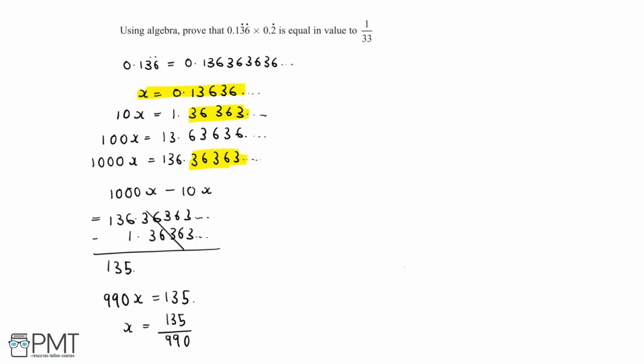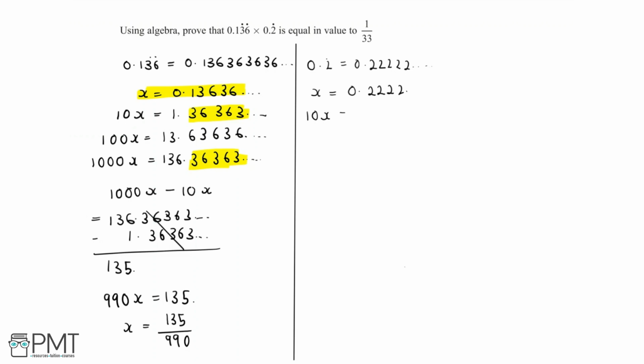Now let's move on to 0.2 recurring. We can write 0.2 recurring as 0.22222, and so on and so forth. And so we can do the same as what we did before. Let x equal 0.2222. We can therefore say that 10x equals 2.2222. And so since we have the same numbers after the decimal point, we can do what we did earlier and say 10x minus x equals